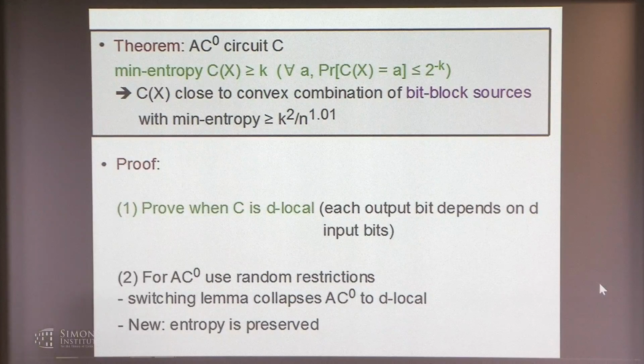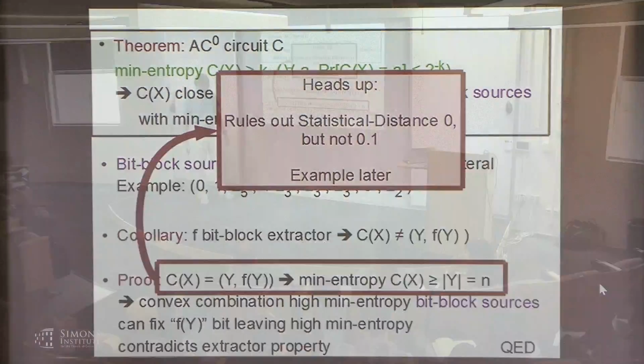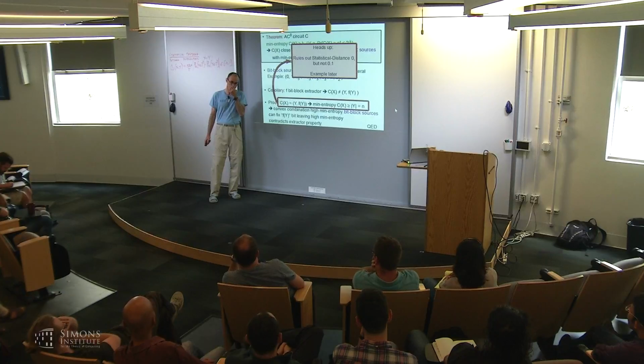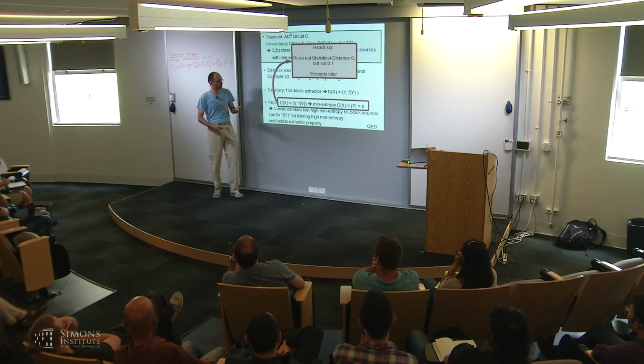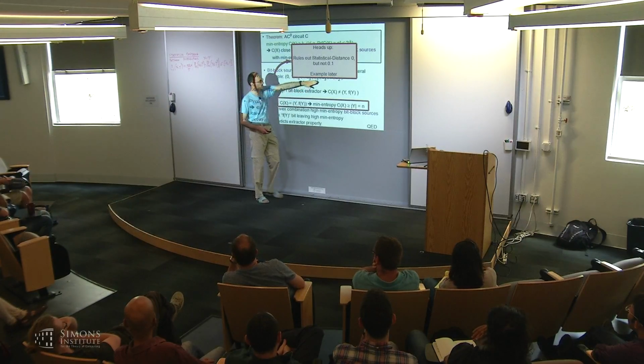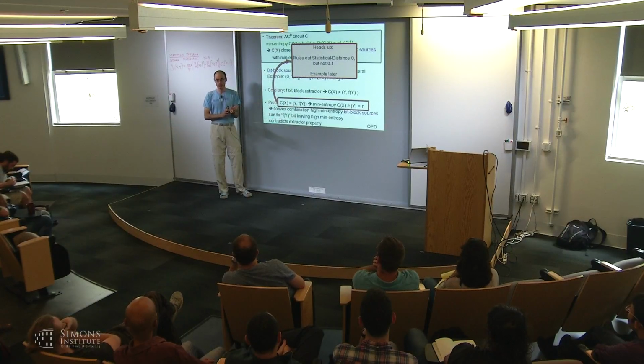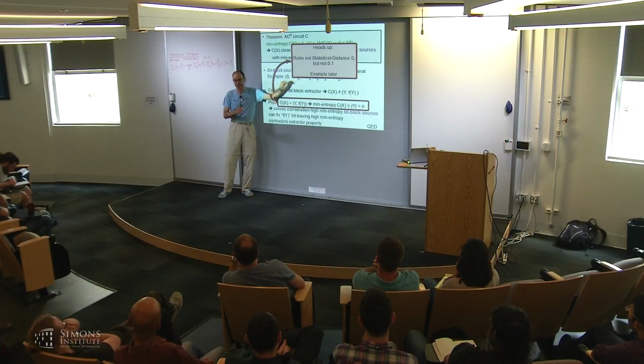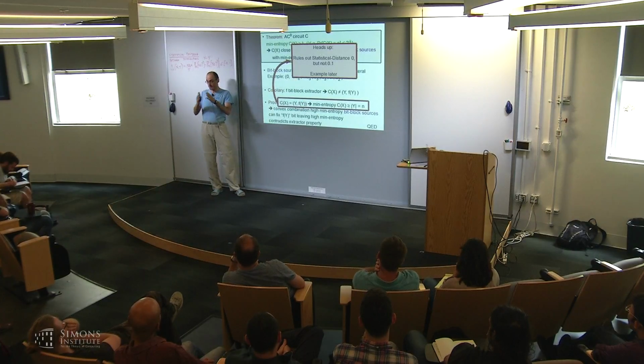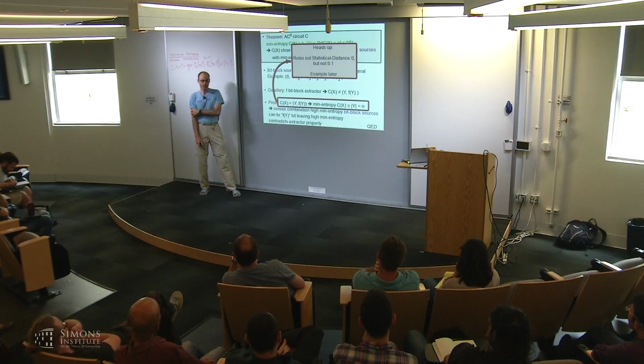If we fix the value of f(y), will the new source still be a bit block source? Yes, you can. So basically, it will be just fixing some of these bits here. I won't mention this in detail, but basically, you can fix just this portion because now it has a very simple structure. It remains a bit block source. It remains with high entropy, and that's impossible by the extractor property. Thanks.